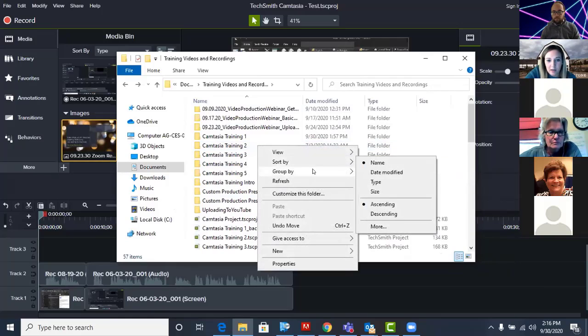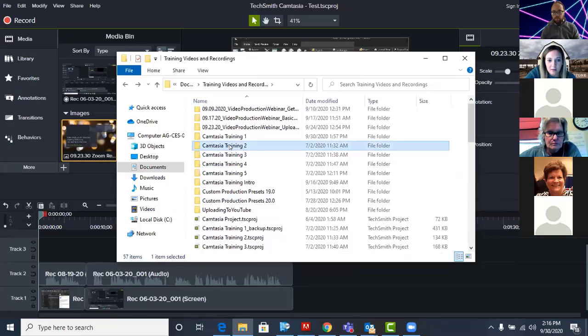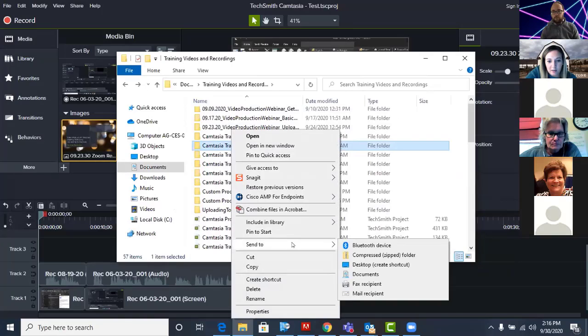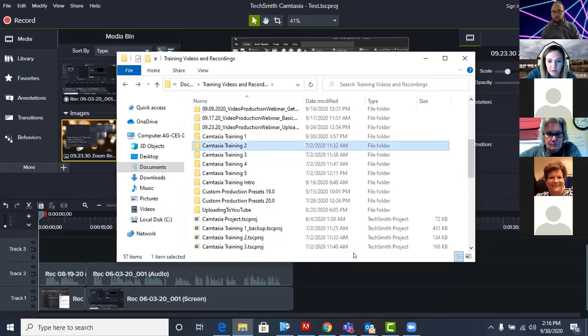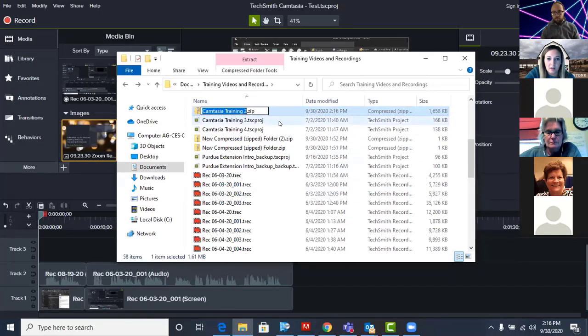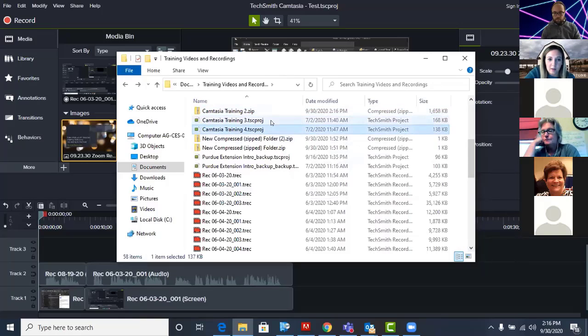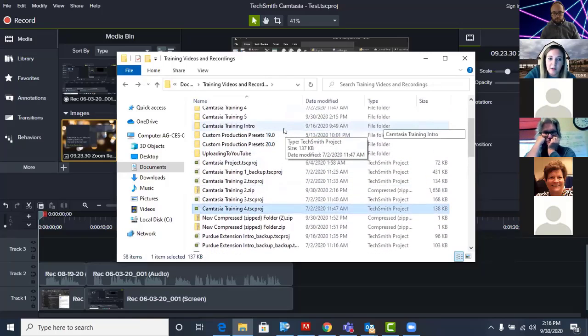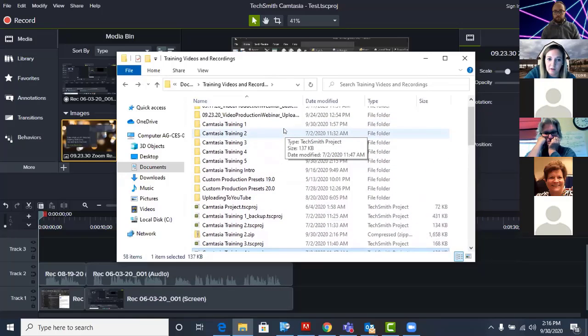You can do that by selecting your folder, and then selecting Send to, and turning that into a zipped folder. It just makes everything more compressed and easier to send on to the next person without using a whole lot of space in your data and gigabytes.